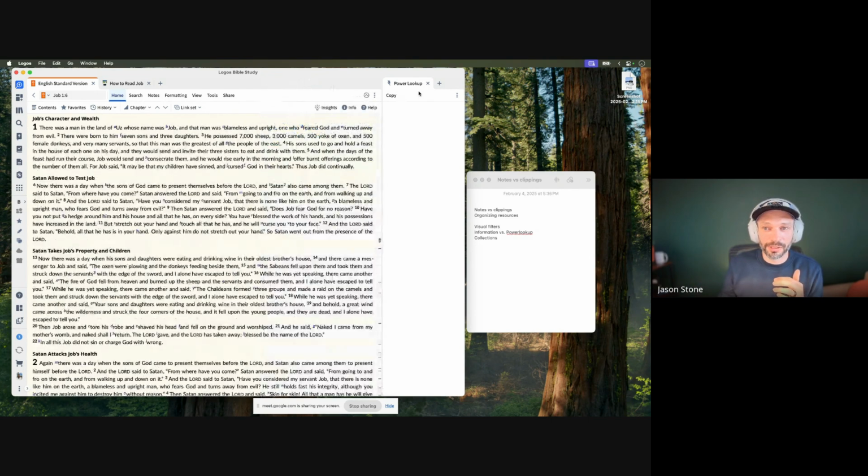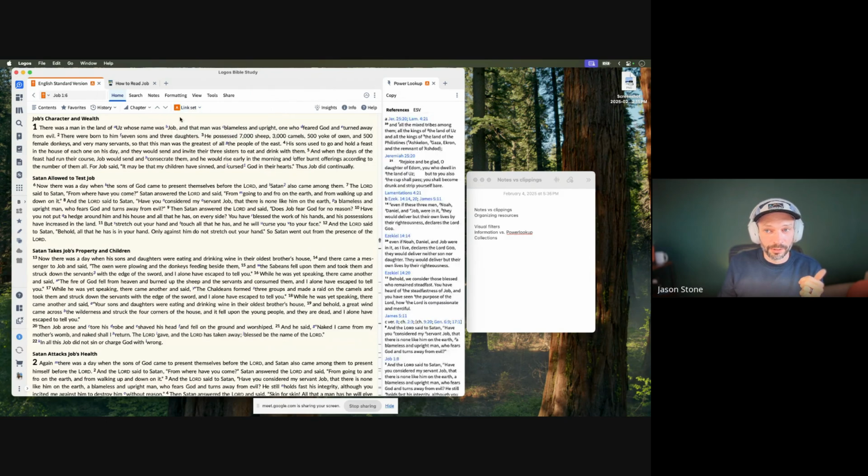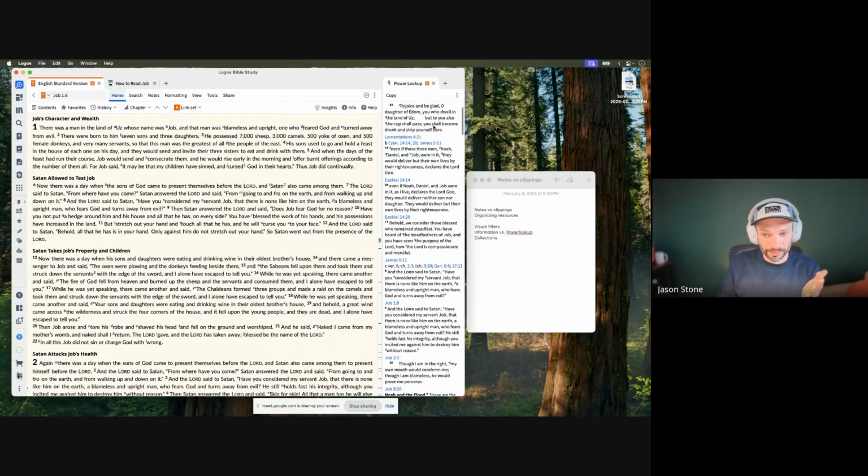Power lookup would be all of the footnotes that are in your resource. How it's typically used is to link set this. I'm going to link set this to my ESV in this case, A to A. Any footnotes that you see in my English Bible here, like this little letter A, in my power lookup over here, it's going to give me all of those footnotes without me having to hover over them.